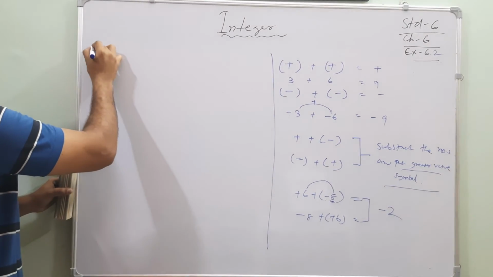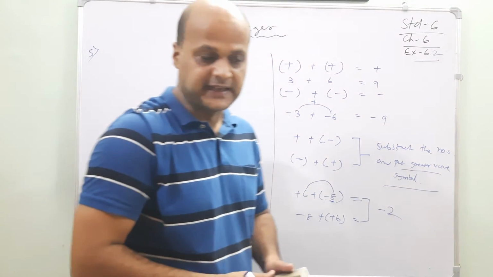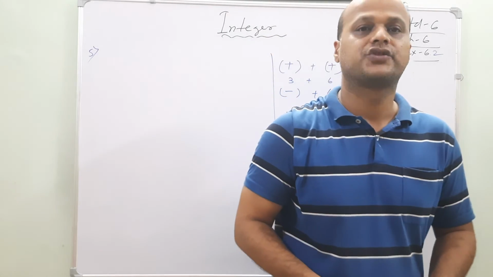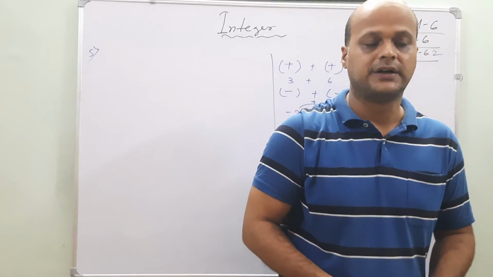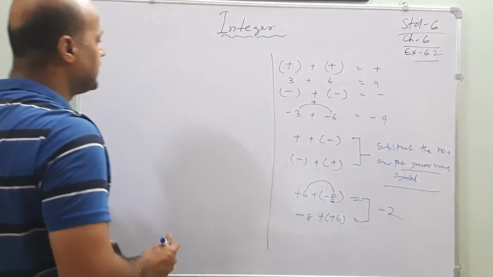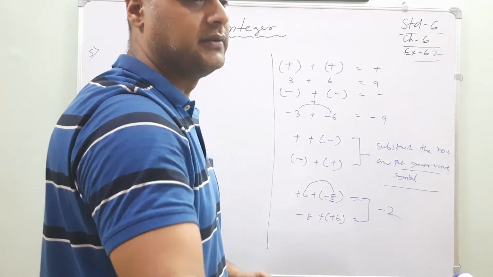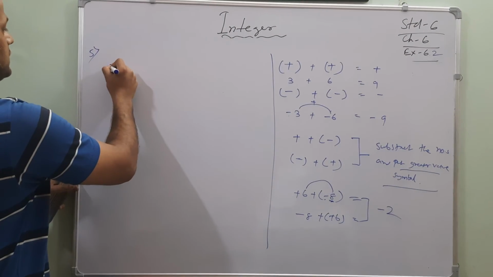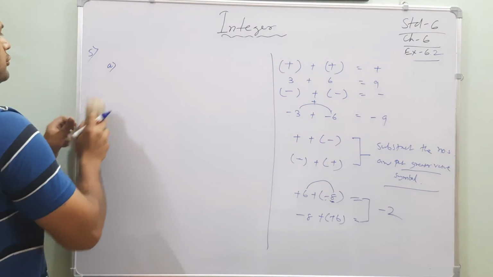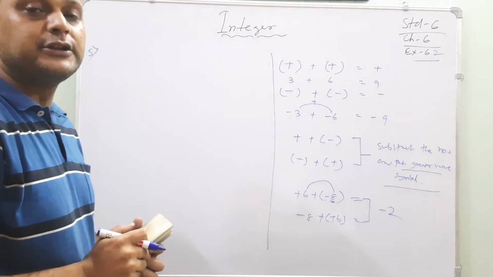Okay? Let's go for the fifth one. What is the fifth one saying? The fifth one is saying find the sum of these numbers. I will just turn this so that it is visible to me. The second one I will do. The first one will be yours, it will be easy for you.